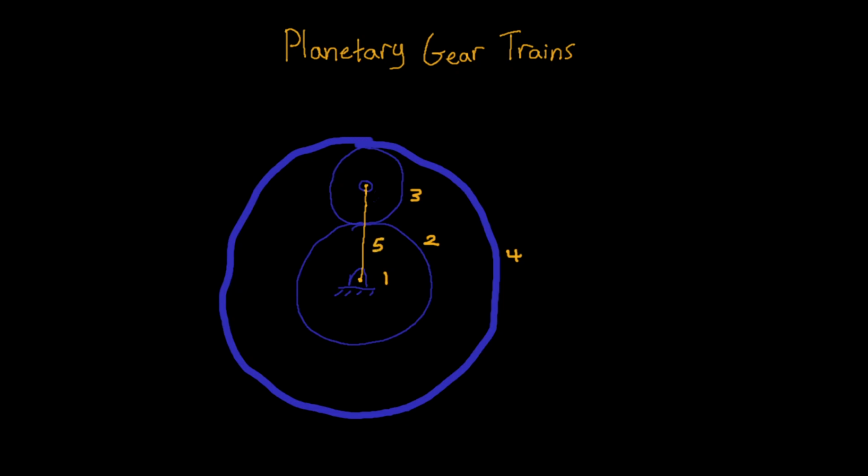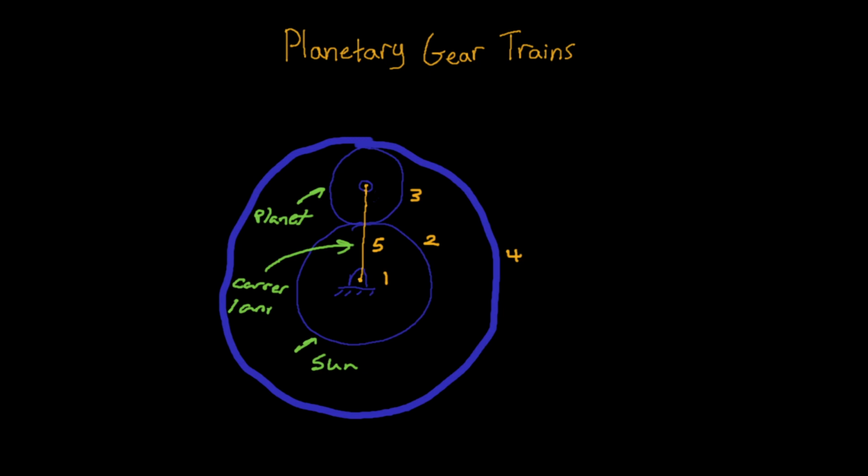Gear 2 is an external gear that spins on a shaft or an axle connected to the ground, and this is called the sun gear. Gear 3 is also an external gear called the planet gear. It orbits around gear 2 and is connected to a structural element called the carrier, which is also the arm